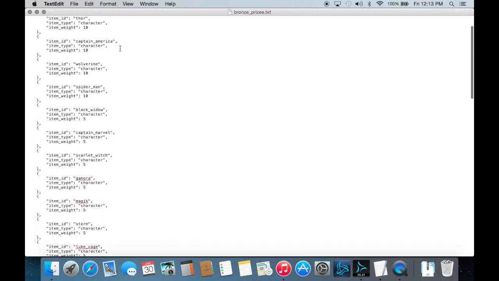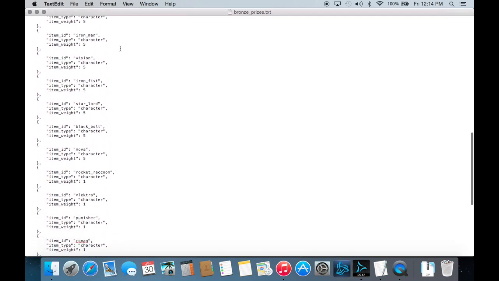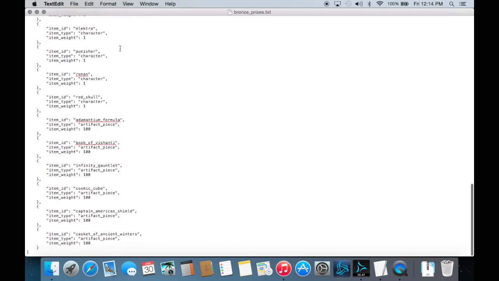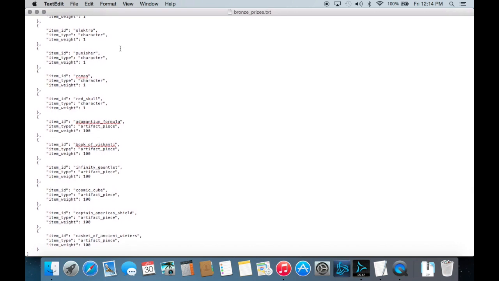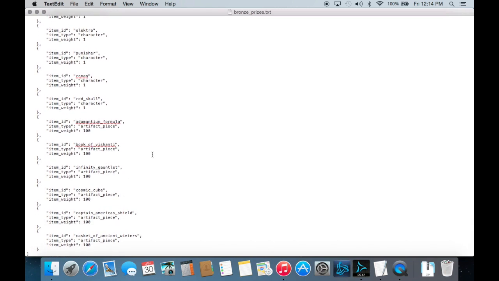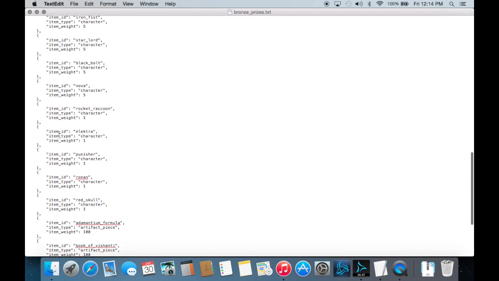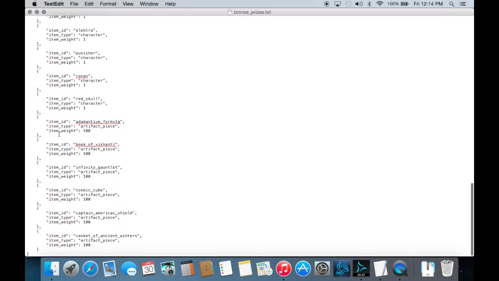But here we list several different characters. But then if we go way down to the bottom here, here's our artifacts. So the artifacts will be awarded as a prize. A bronze prize is going to have the artifacts in there. Item weight, I'm not sure exactly what that means. Again, the characters have an item weight of 1. The formulas have an item weight of 100,